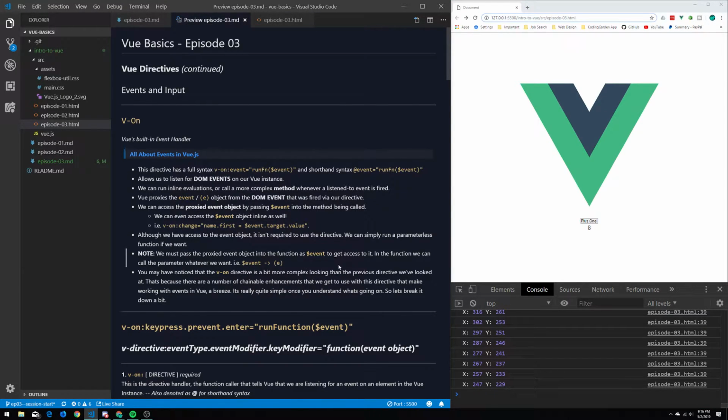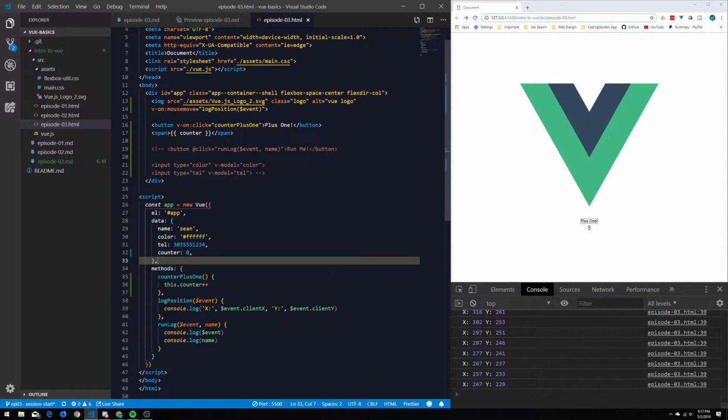All right. So note, especially, when we work with the event object through Vue, we need to pass it in as $event to get access to it. And in the function, we can call the parameter whatever we want, i.e. $event can be passed in as e in our function, but it just needs to be passed in from our Vue instance as $event. So I think that's probably kind of confusing, but basically if we look back at our HTML,